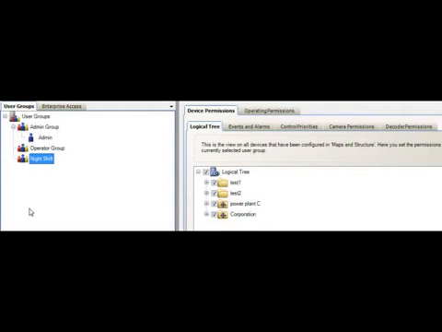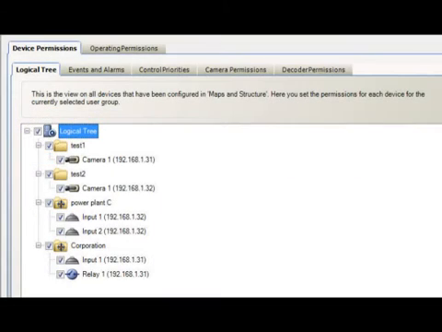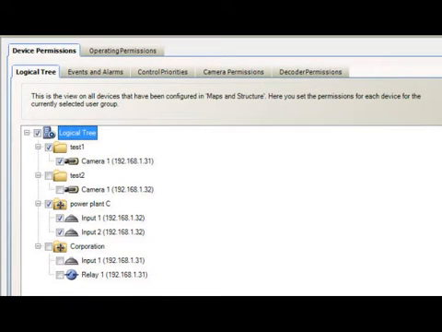They fall under two major categories of device permissions and operator permissions. The first sub-tab underneath device permissions is a logical tree tab. By default, a new user group has permissions to all devices or items in the logical tree. To remove permissions to a particular group of items or individual item, simply uncheck the folder, map, or individual item